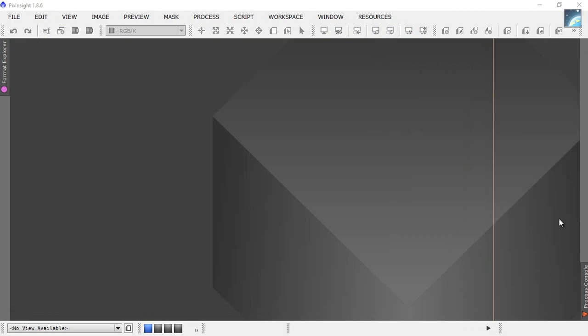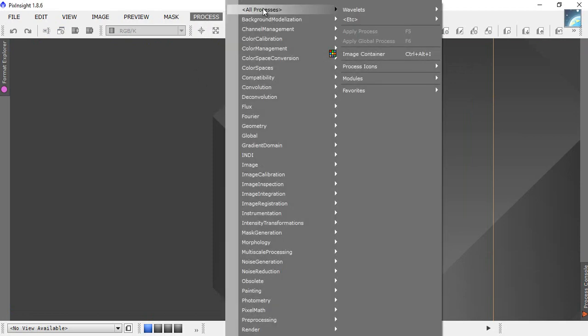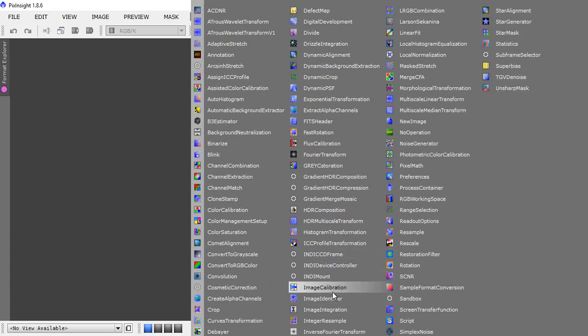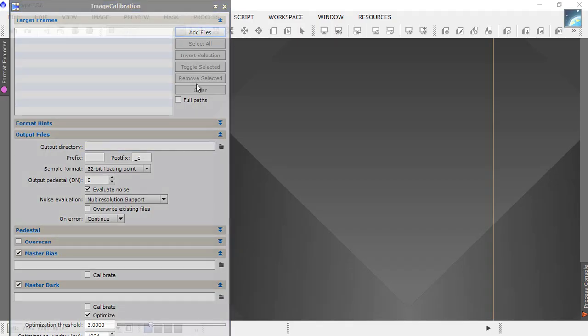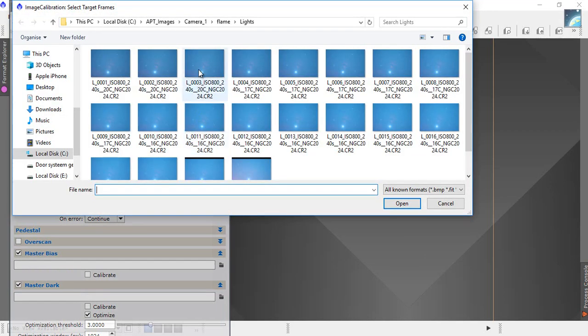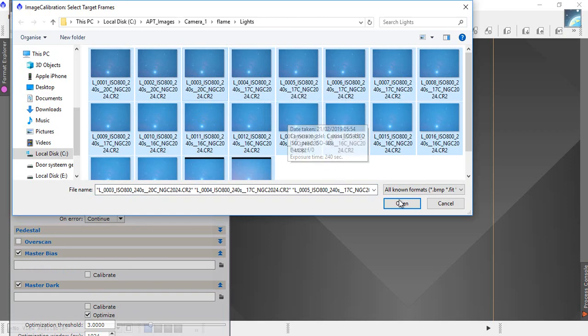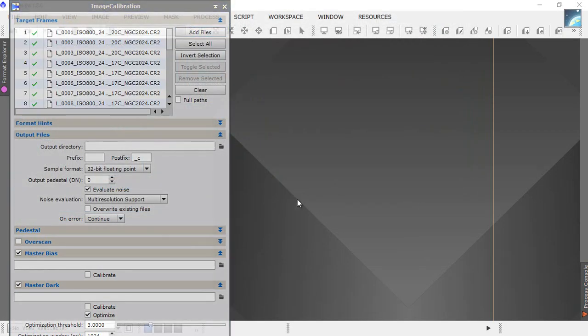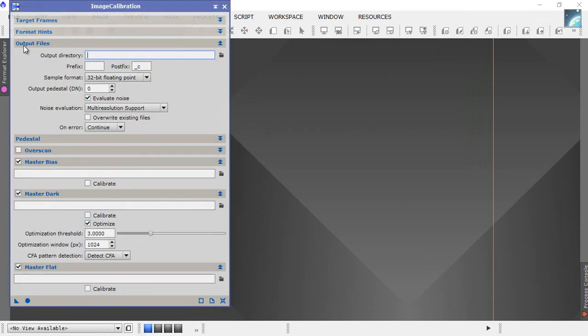Next up, we open image calibration, process, all processes, image calibration, just there. Add our files, our light files, all these ones here. So again, Control A to select them all, click open. Minimize this top section up here to give us a bit more room, see what we're doing. Output files,